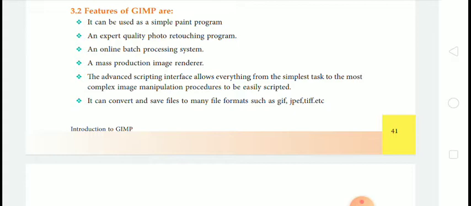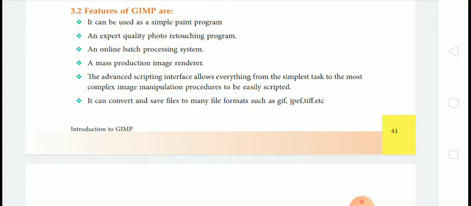The advanced scripting interface allows everything from the simplest task to the most complex image manipulation procedure to be easily scripted.